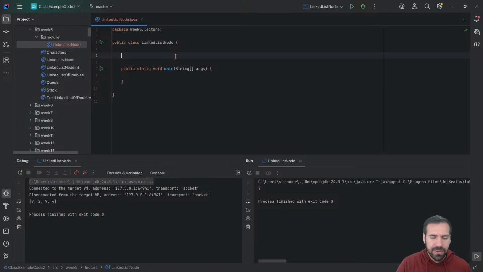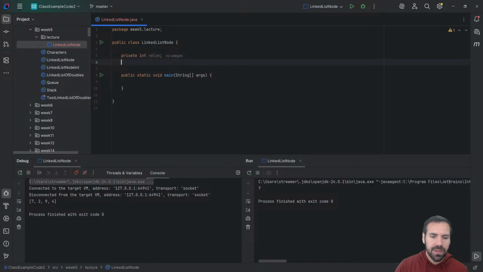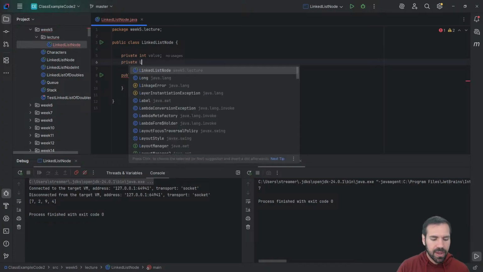So we're not going to create a linked list class, first of all, but we will create a linked list node. We're going to create linked list node objects, and those objects are going to know two things, which means they have two instance variables. One instance variable is the value stored at that node, which is the value at that part of the list. And they're going to have a reference to the next,